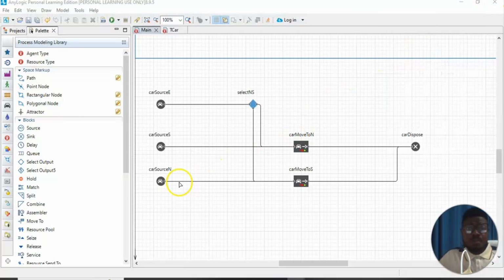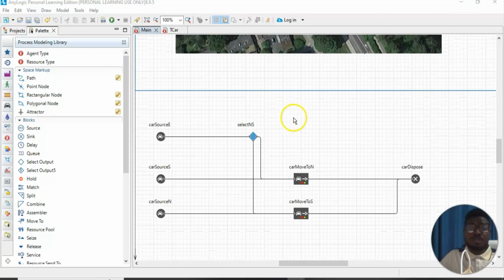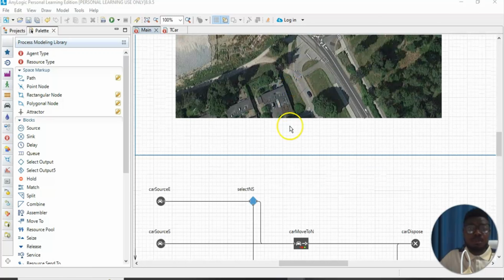It's also high time for us to do the same thing for the road south. So rather than just going through to the north and leaving the model, we need it to also be able to move through not just the north but also the east. Let's go back to this. So when we have movement from the south to the north, we already established that we also need vehicles to be able to move from the south to the east